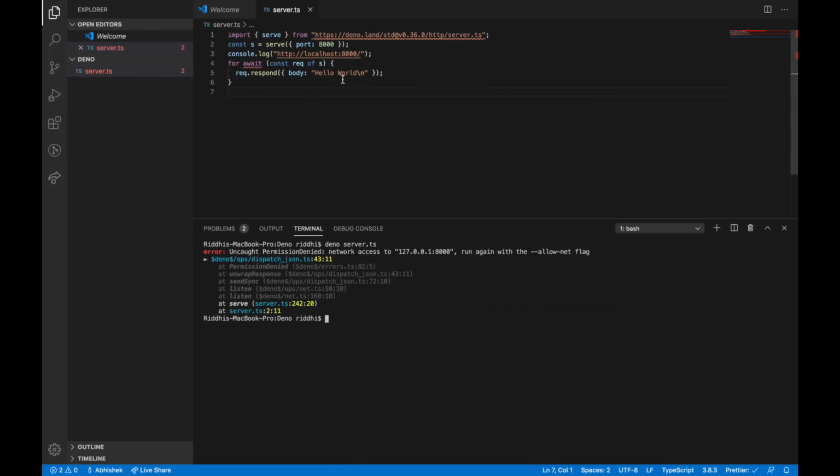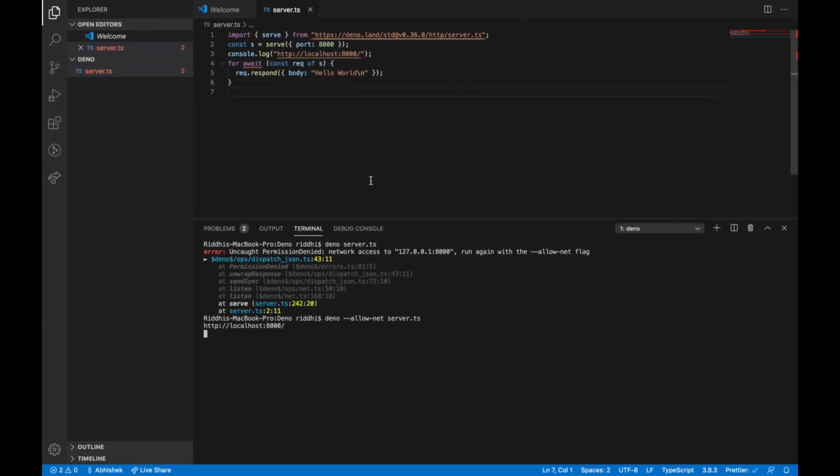In this case, if I have to allow the network, I'll have to pass one parameter. So now the command would be something like this: deno run --allow-net server.ts. And now if I run it, you will see that I am able to access the localhost here, right? So it will be running. Here you can see that I'm using a TypeScript file and Deno is comfortable with it. It does not need any additional configuration or tooling like in Node.js. This is one feature of Deno, that you can use TypeScript out of the box.